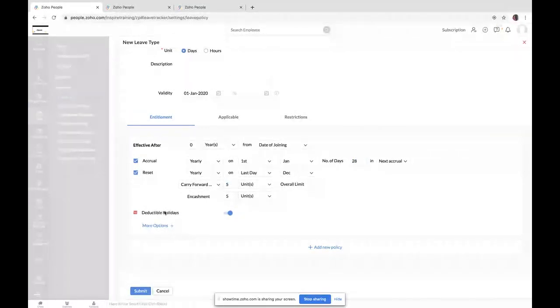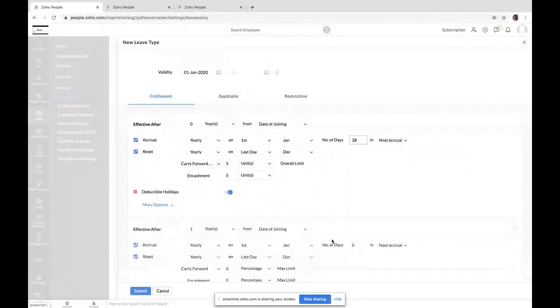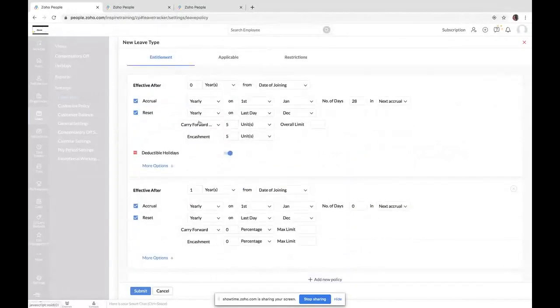If you enable the option deductible holidays, this 28 days is going to be inclusive of bank holidays. Say an employee is provided with 28 days and he has 8 days of applicable holidays. Only 20 days will be the bookable leave, whereas the remaining 8 days will be auto deducted based on the holidays that the employee is tagged to. In that way, you can define multiple policies based on the effective after, and based on the accrual variations.